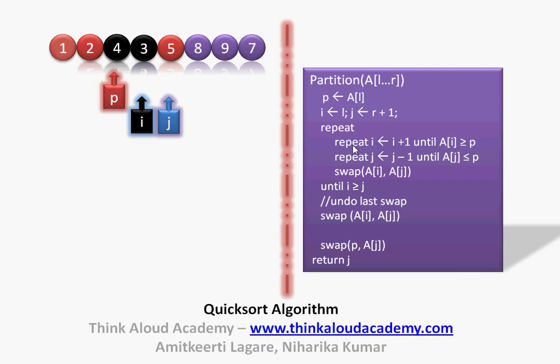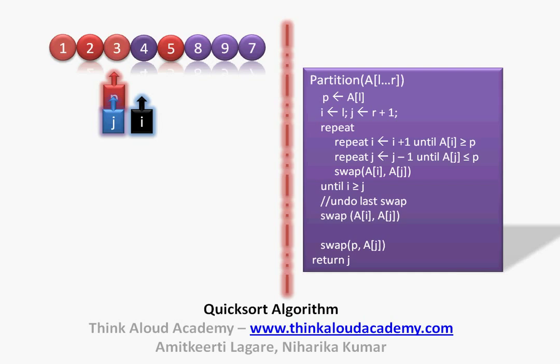So once we do this, we see that this condition fails, so j comes in, j gets decremented, and then we check whether A of j is less than pivot. So A of j, 3, is less than pivot, the condition gets satisfied. So we move ahead, and then j and I cross each other. Once j and I cross each other, we go ahead and swap these elements as 3 and 4. So the elements have got swapped as 3 and 4, and the element 3 has got